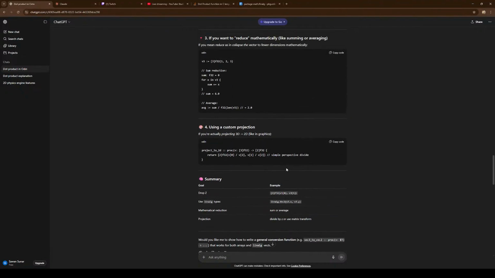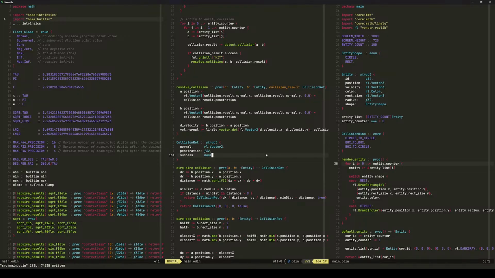So yeah. Oh, oh yes. Okay, resolve collision and